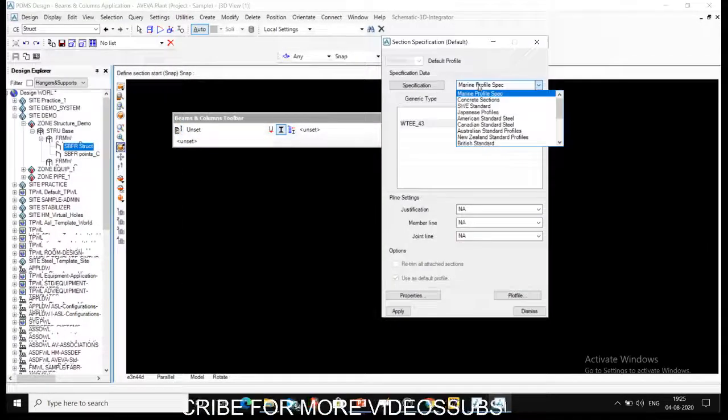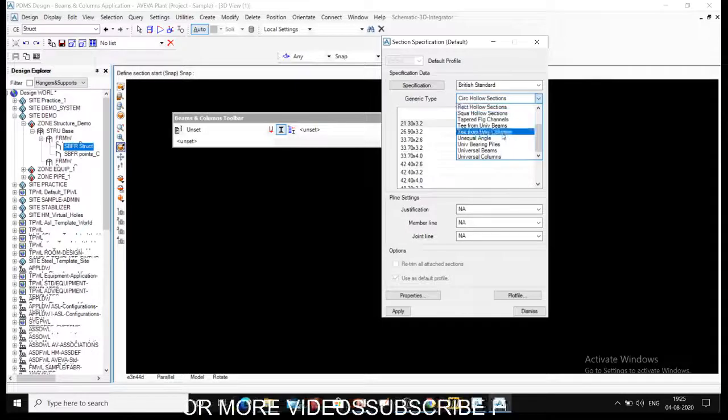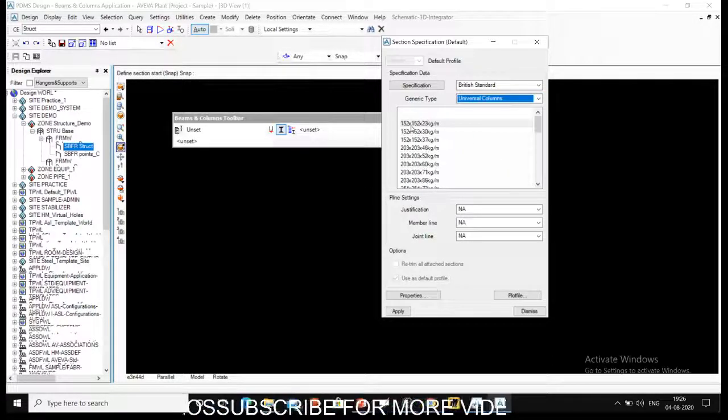There are a lot of profiles available in the database of your PDMS, so you can go with any one of them. We will go with British Standard, and we will go with universal beams and columns. That will give you the I section. So I will start with the I section. You can have rectangular hollow, square hollow, T sections, anything you can have. I will go with universal column,